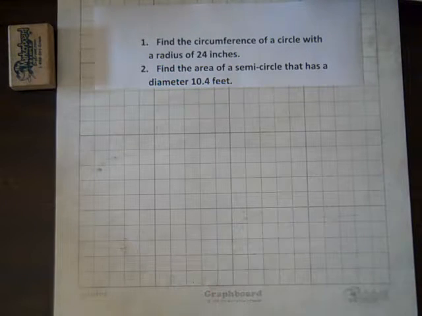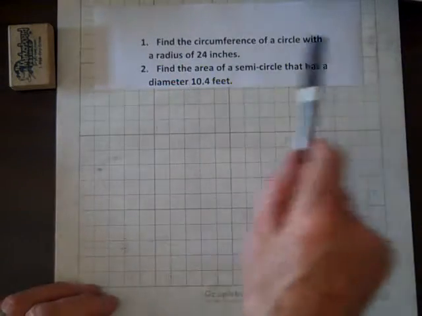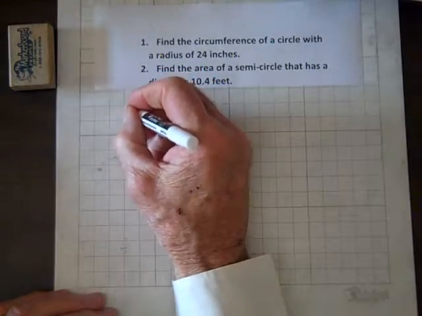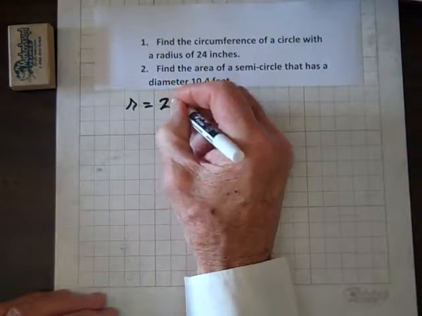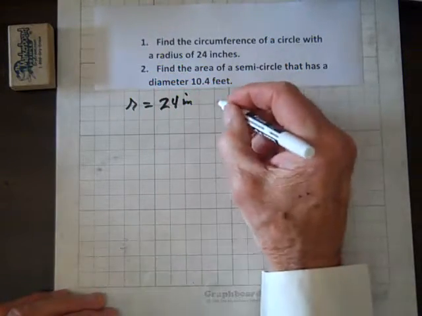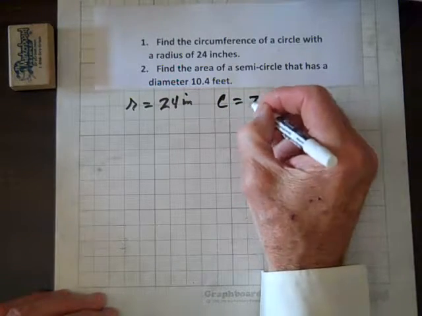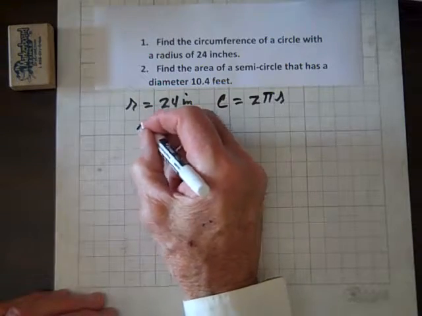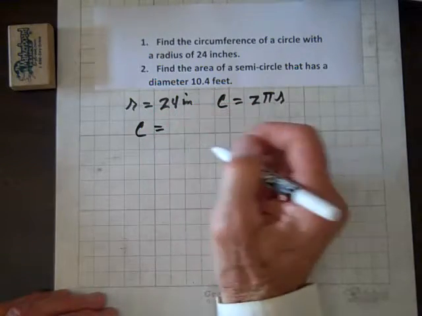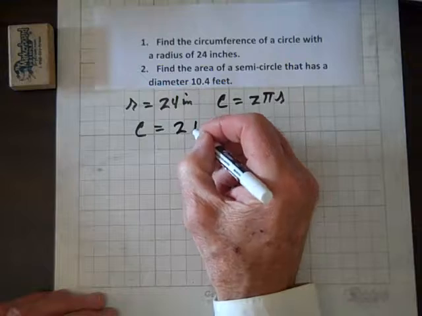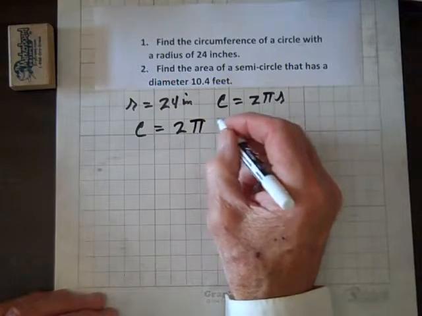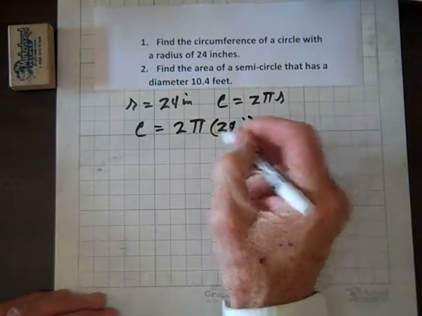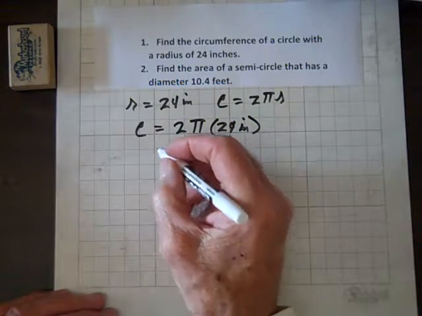Well, here we have to find, in the first case, the circumference of a circle with a radius of 24 inches. So r equals 24 inches, and we know circumference equals 2 pi r. So the circumference is going to equal 2 times pi times 24 inches. And when we compute that, I get